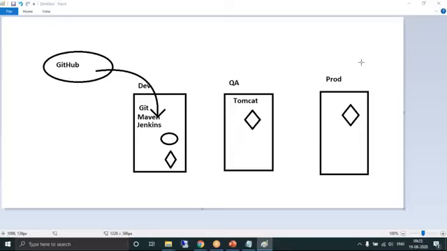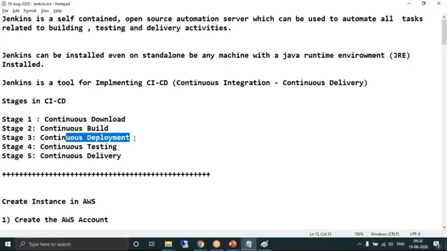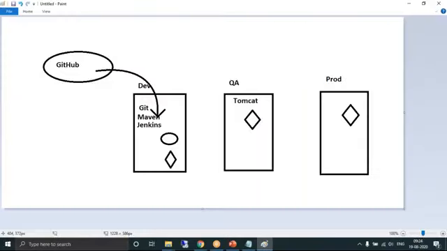Continuous delivery is the same as continuous deployment. The only difference is in the instance. If you deploy it into QA, it is called deployment. If you do it in the production environment, it's called delivery because we are delivering it to the client. All these should be configured one after the other. It's a pipeline.